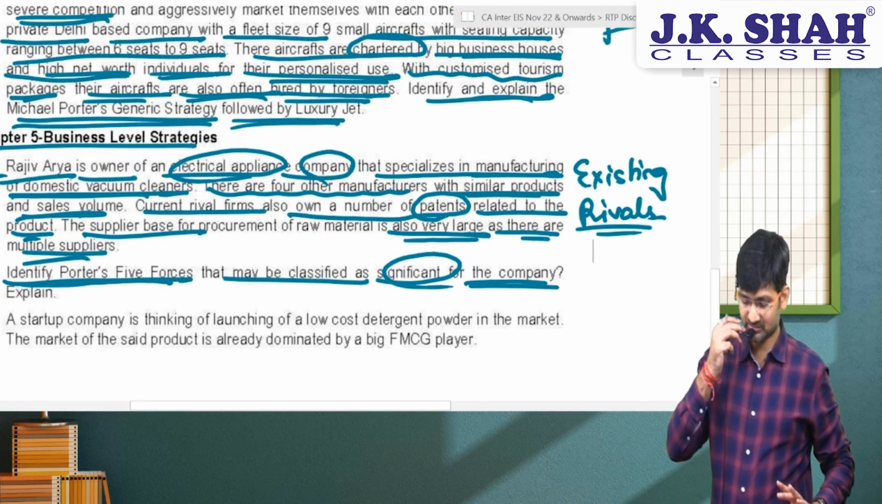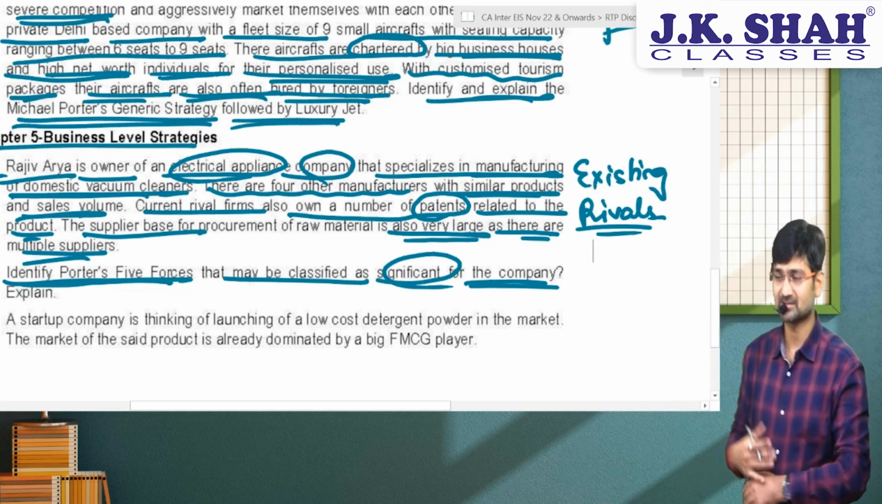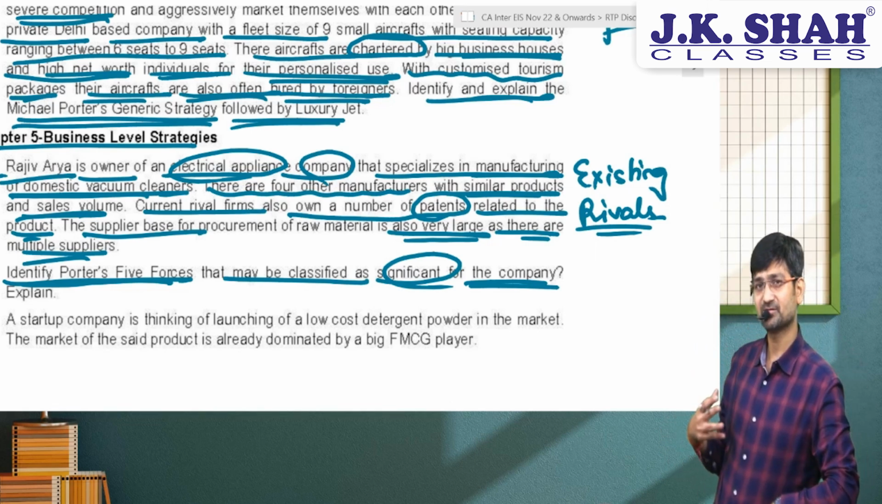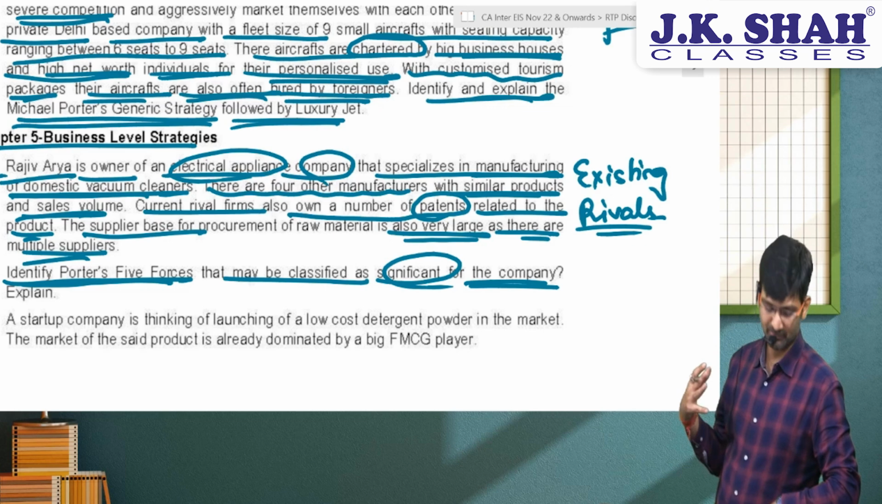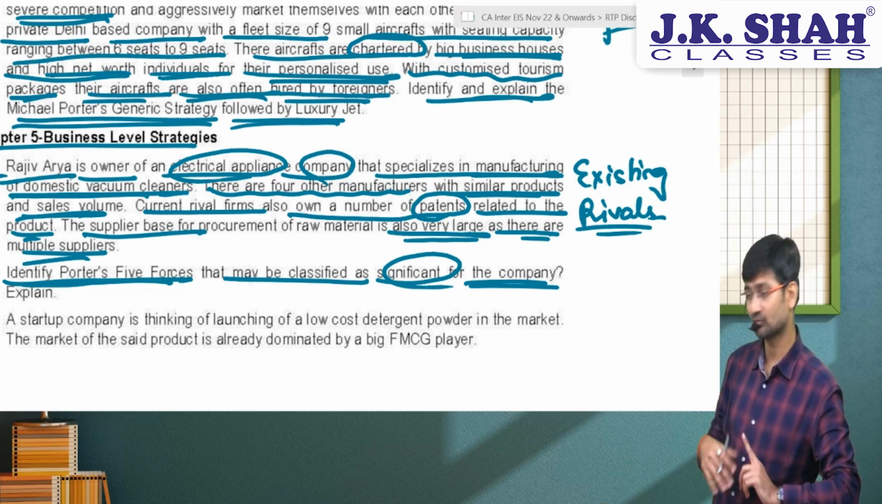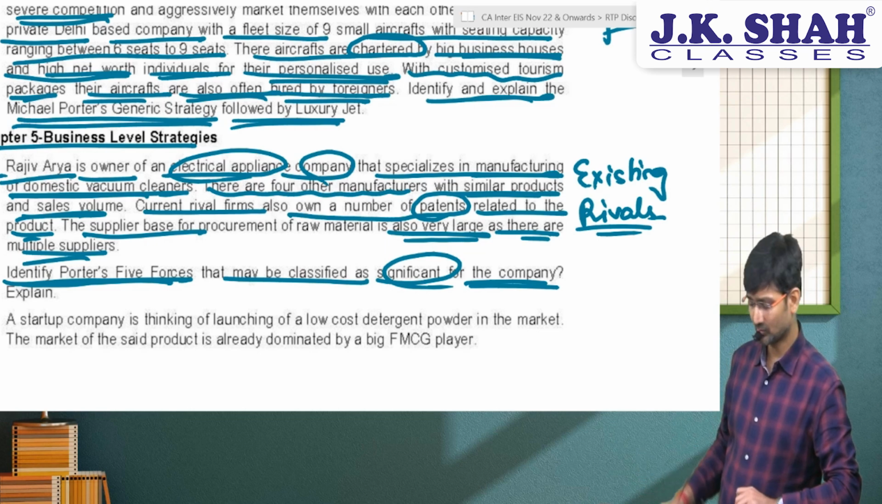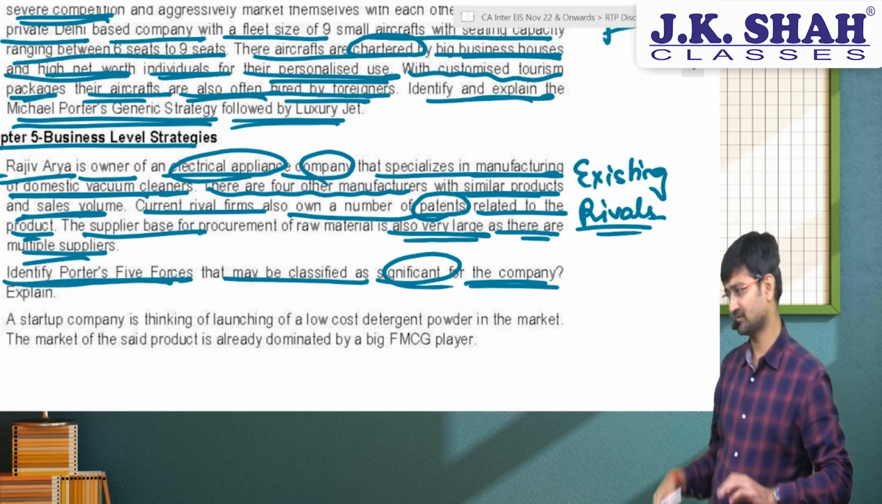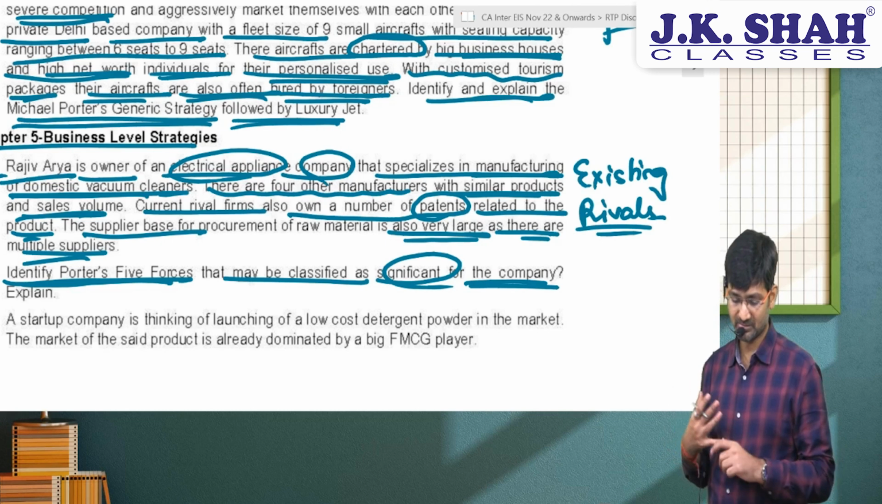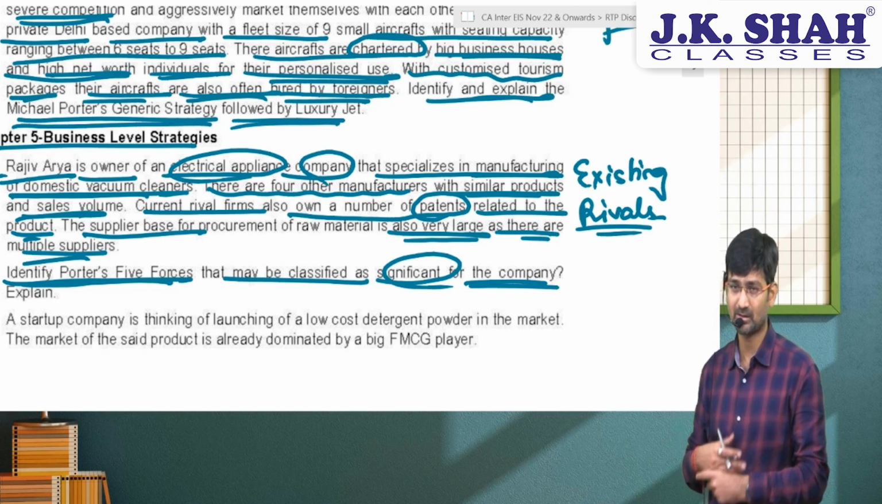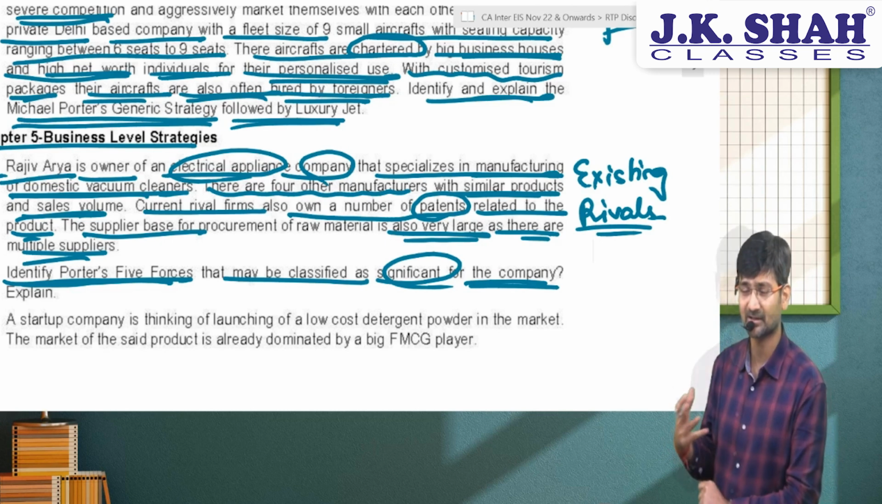Identify the 5 forces that may be classified as significant. So you have to explain this. You have to first explain Porter's 5 forces model, which defines the various forces that are applicable on the organization. You then list out there are 5 major forces as per Porter's 5 forces model, which are 1, 2, 3, 4, 5. You then further move on and discuss, out of the 5 forces, as per the facts given in the question, the pressure from suppliers is eliminated because of the large number of